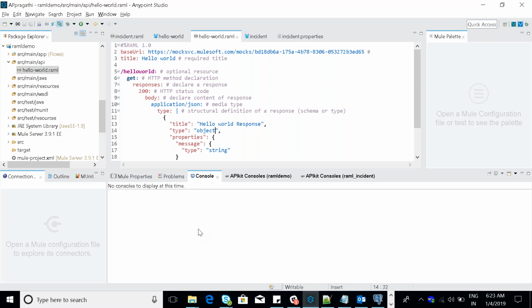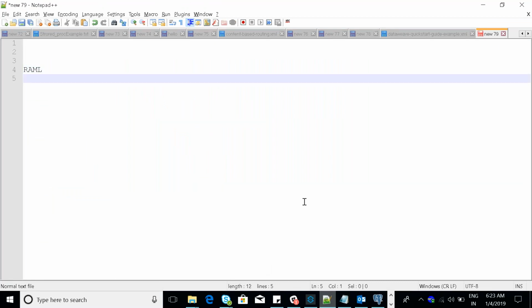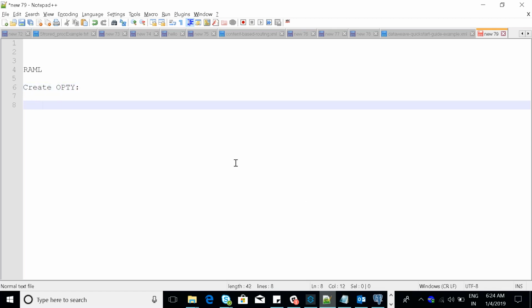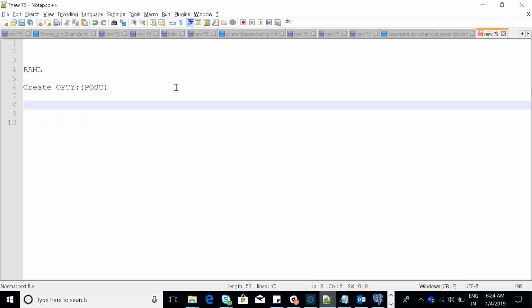Right? What is the request? What is the body for that? Create is nothing but a post, right? We're trying to post the data to the server, the target system. So you should know the request body, and then you should know the response also, guys. When you're trying to implement a RAML, you should be aware of the end-to-end clear requirement. For example, I'm trying to create an opti. When you're trying to create an opti, this is nothing but a post request, right? You are trying to send a body to the target system, right? When you're trying to send a body to the target system,